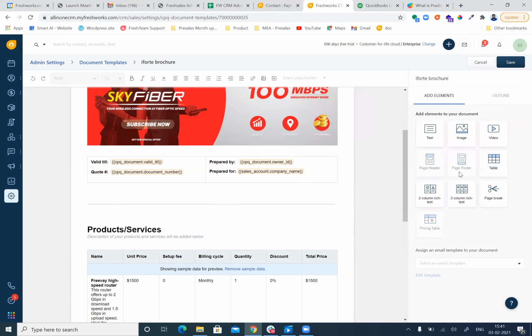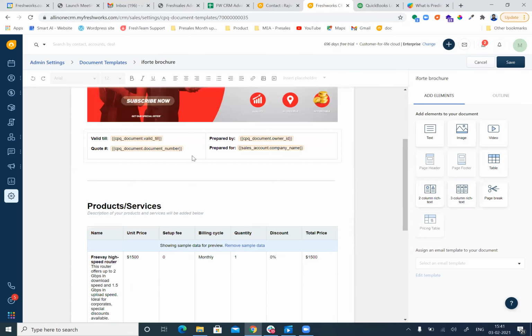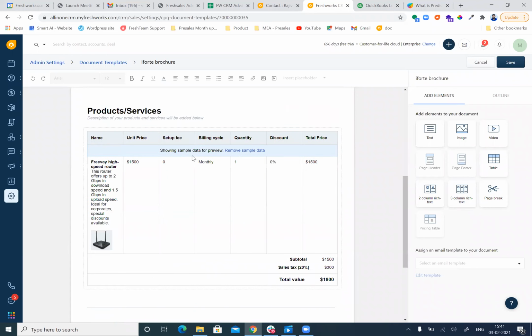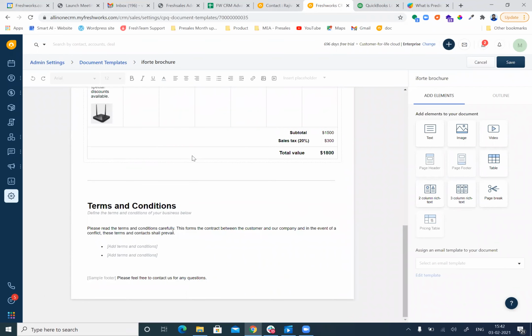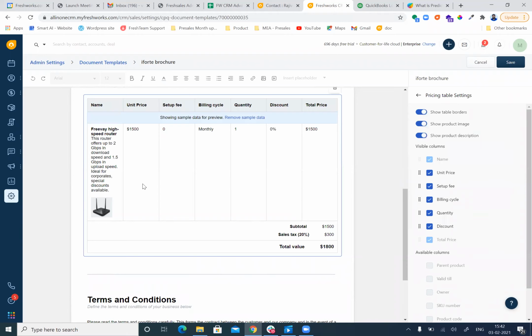You can also use other elements like two-column or three-column elements, which you can use for designing your pricing table and the terms and policies for the quotes and the invoice which you have generated here. So this is how you can easily create a template from the document template section of administration.